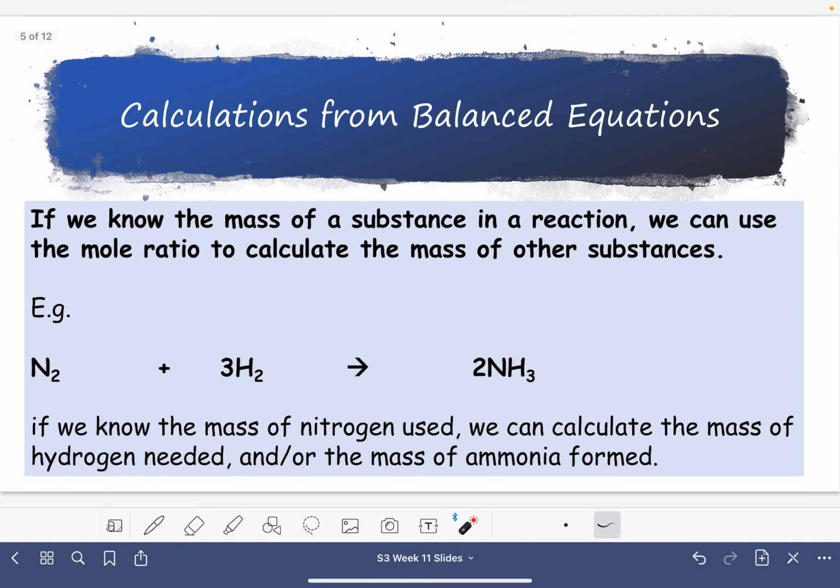Okay, if we know the mass of a substance in a reaction, we can use the mole ratio to calculate the mass of other substances. So, for example, if we know the mass of nitrogen that's used, let's say it was 28 grams of nitrogen, we can calculate the mass of hydrogen needed. Okay, so if 28 grams reacted, we know we would need 6 grams of hydrogen, and we would get, if all of it did react, 34 grams